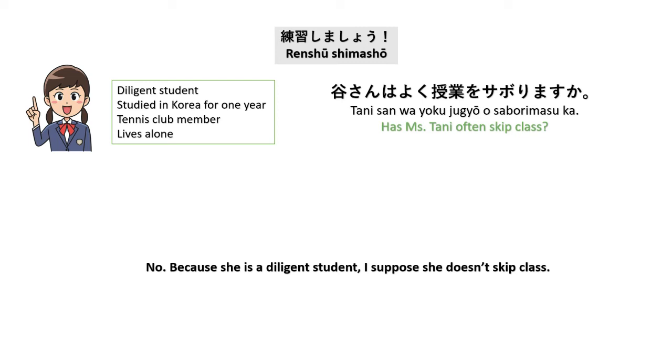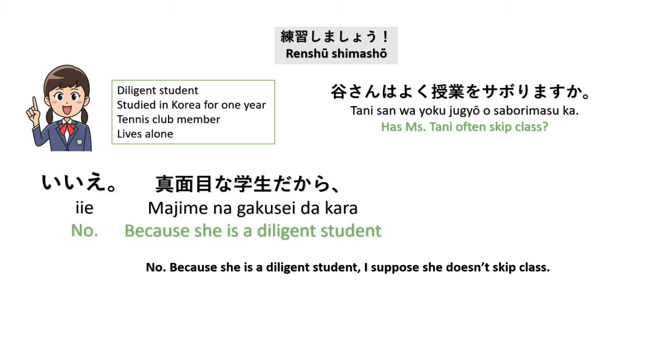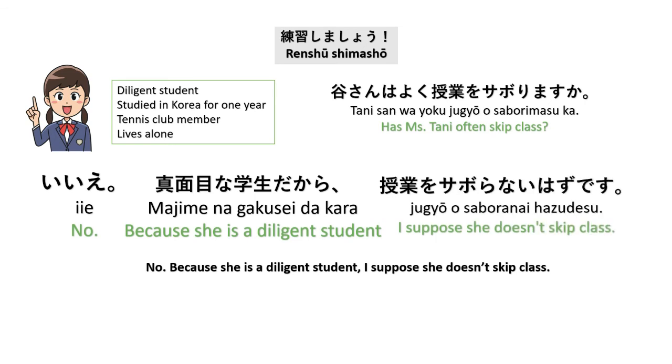谷さんはよく授業をサボりますか？Has Miss Tani often skipped classes? So, サボります comes from サボる, to cut classes. No, because she is a diligent student, I suppose she doesn't skip class. いいえ、真面目な学生だから授業をサボらないはずです。